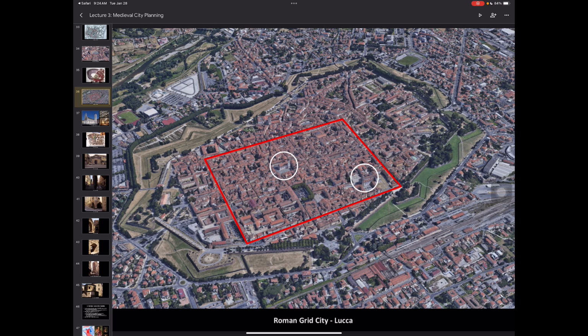Right, so once again, we have that. And then I want you to look at what buildings are or are not in the center, right? So we have our natural center over here. That is a church in case you cannot see it. And then we also have a secondary church out here. So it's a really interesting relationship, but we know that at some point we have a central figure of authority that is a bishop, but then for whatever reason we have another major church built over here marking a second square. So we know that there was some kind of tension going on between its religious leaders at some point in time, just by looking at the city map.